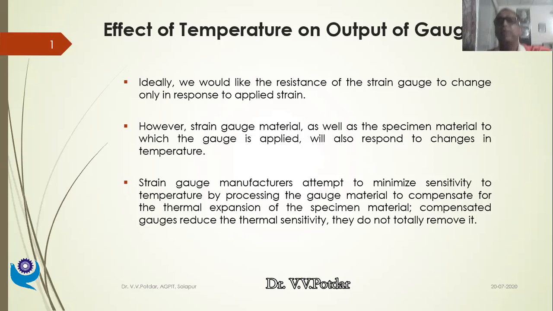Now, how is that done within the circuit itself? What they do is they make use of one dummy gauge. Now, what is this dummy gauge? The dummy gauge is the same as the strain gauge which we are using for measurement of force. It's the same strain gauge with the same configuration. But the only thing is that instead of mounting it on the loaded specimen, it is mounted on one surface which is made up of similar material.